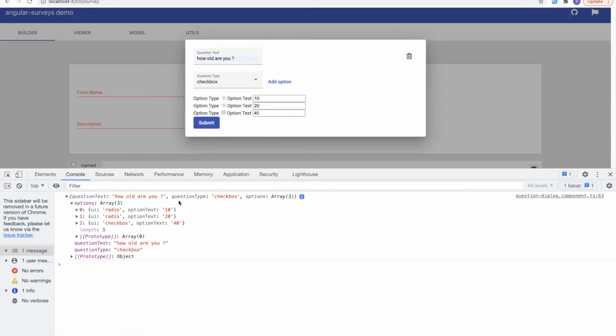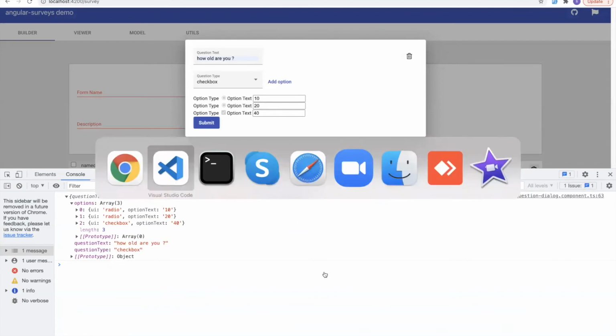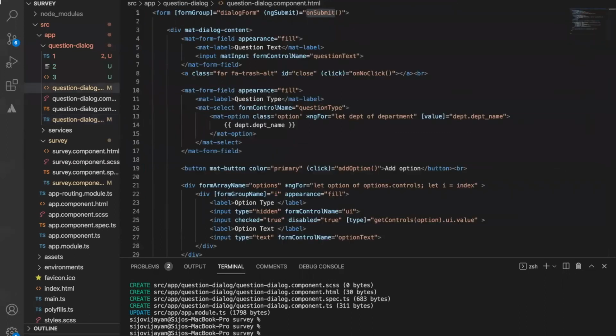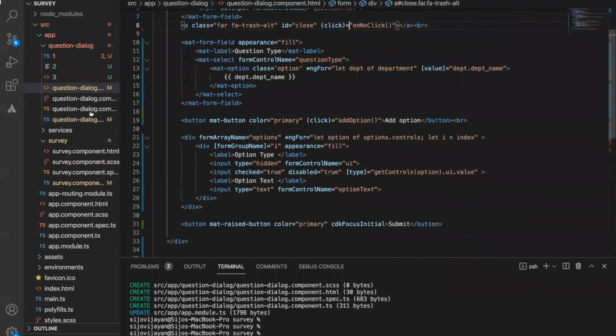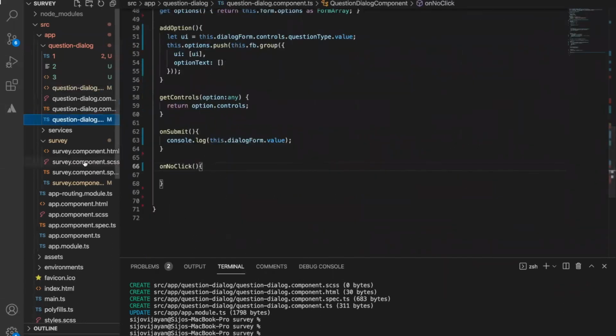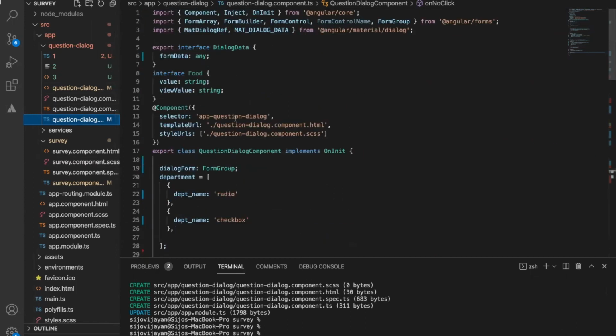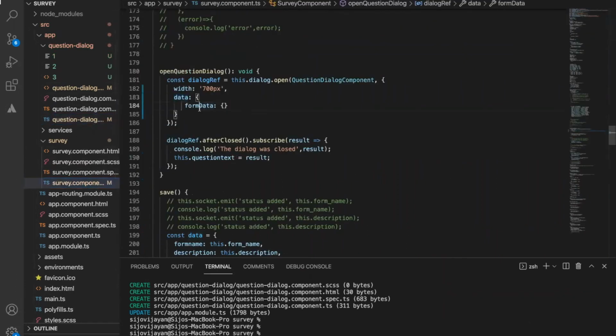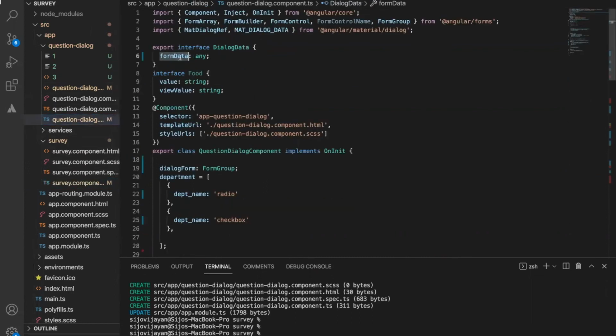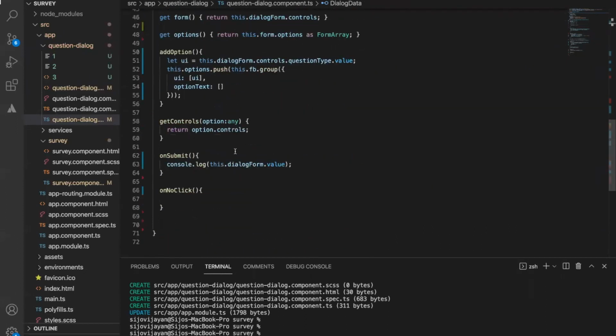Okay, so we are getting the value to the parent control. Actually I just put this in the same dialog, but it should be available in the parent control. I will show you that. So here in this form, the dialog box, we can see that we have already defined a form data here. So we have passed this form data from the parent control. From here we are passing the form data, and we will get that form data here.